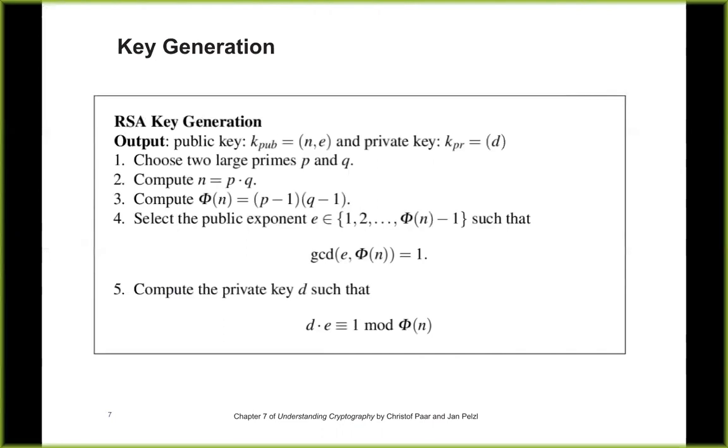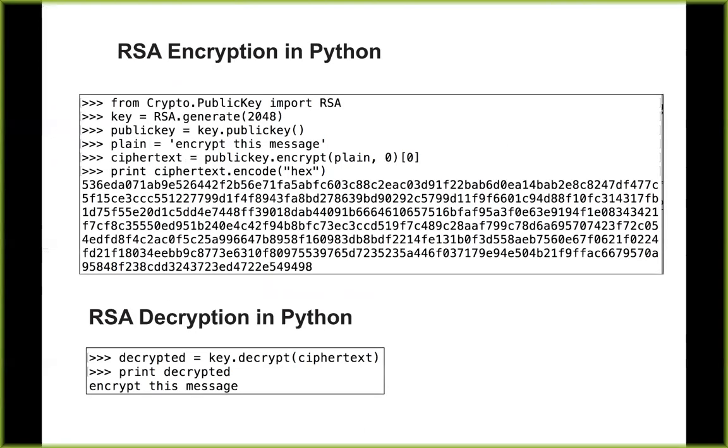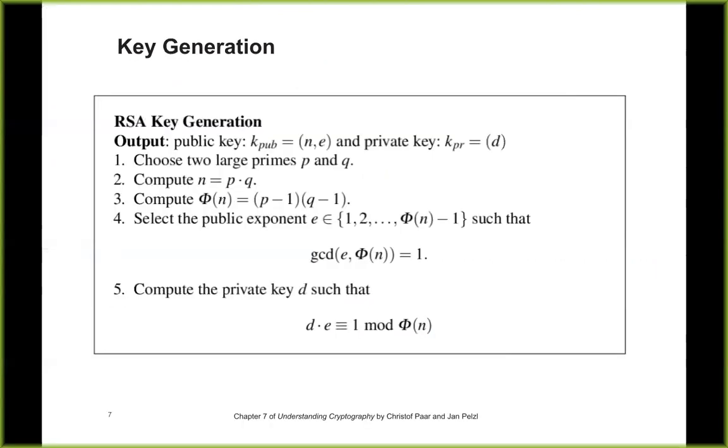One thing not mentioned here is how you choose E. It turns out that you can safely choose E to be really small, like 3, and it's perfectly fine. If you make E small, then D gets bigger. As you might imagine, they have a multiplicative relationship here. But if you do that, encryption gets faster and decryption gets slower. And most people do choose a small E, so the encryption is easy. That's the game. So what's that? If you choose a large E, then D gets smaller? Yes, in principle. And that would make encryption slower and decryption faster.